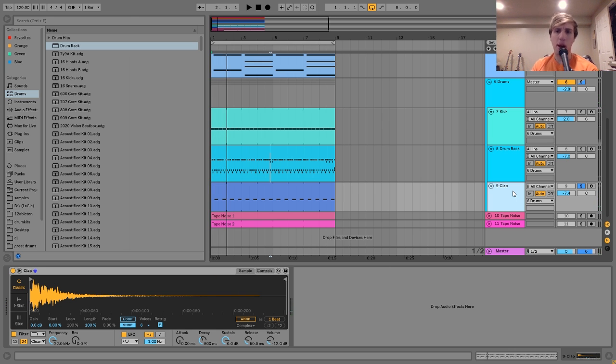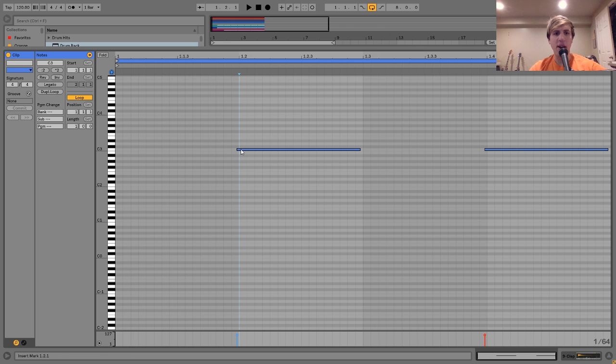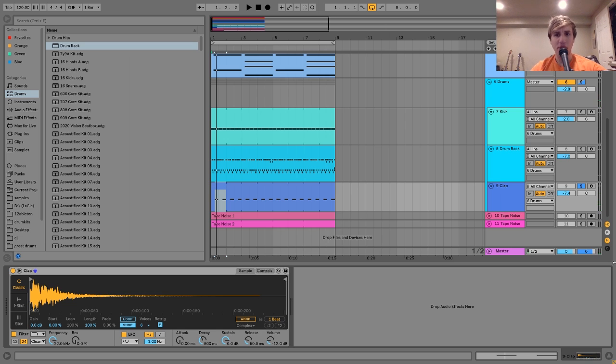And this is just a really simple, punchy clap. This is usually the kind that Floating Points uses, like I said, a short and tight one like this. The only thing I will say with this is you can see I moved it slightly off the grid. This would be perfectly on the grid. However, if I play that with the kick,